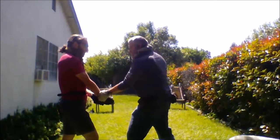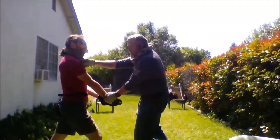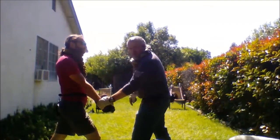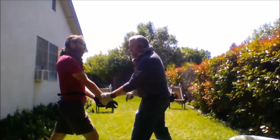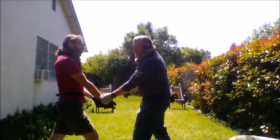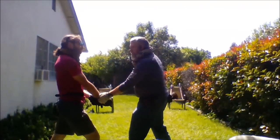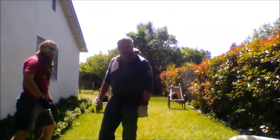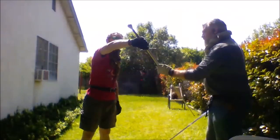When I push him, his shoulder moves. Watch his shoulder right here. So with my thumb around, watch his shoulder. No real movement in that. With my thumb on the same side, there's more rotation, but no up and down. If I put myself in that monkey grip and do the same push, there's movement in that arm, and I push it out of the way. And so when we take that to the sword,